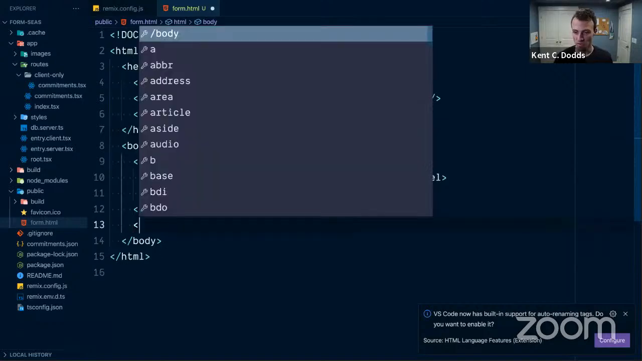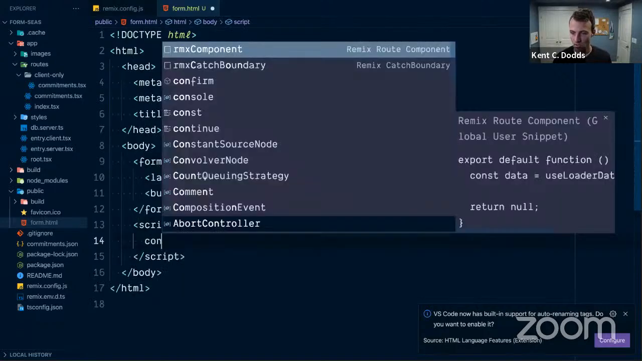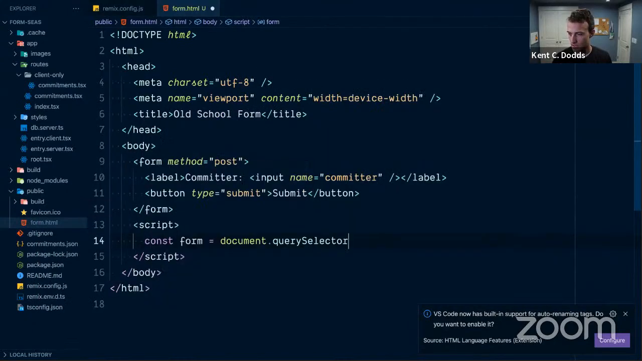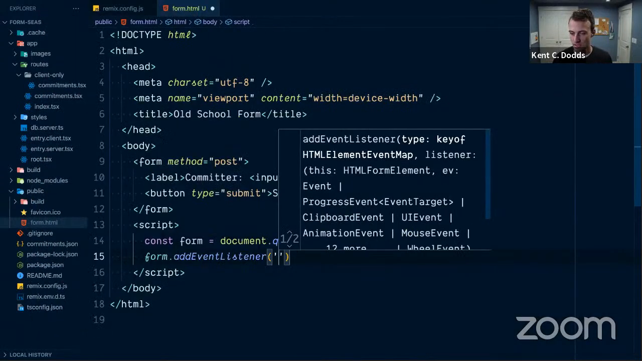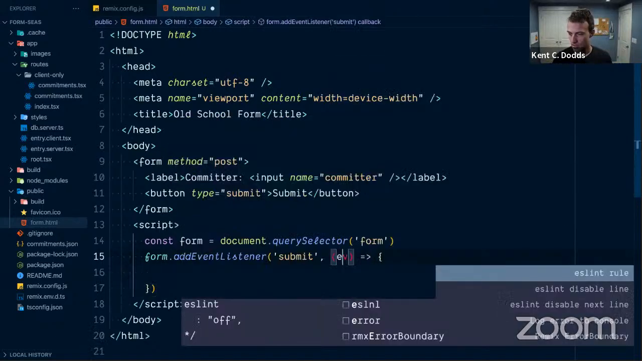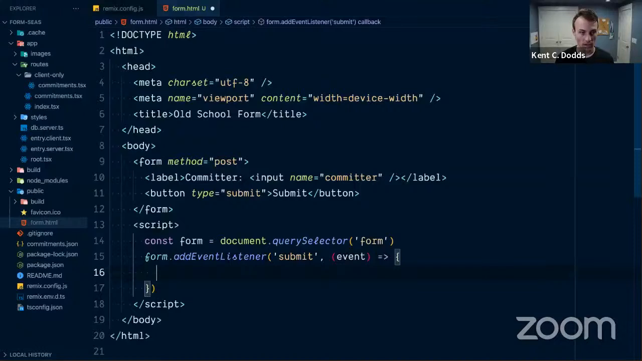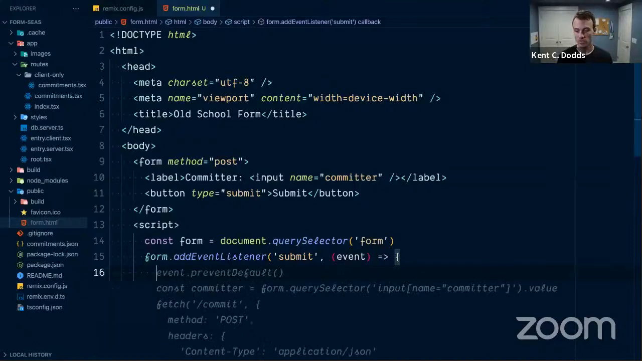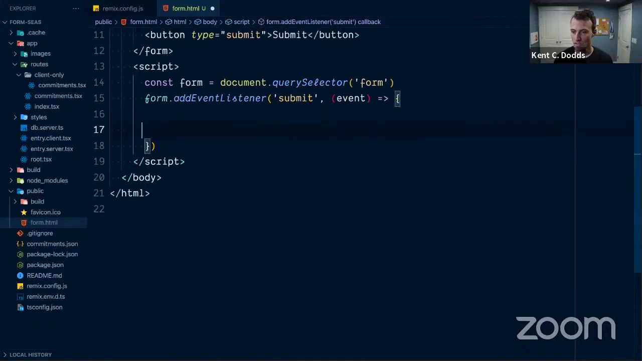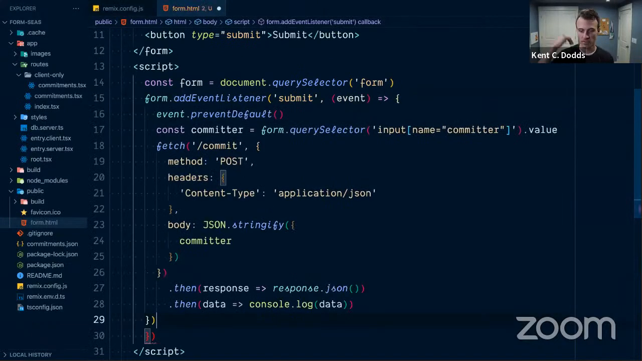So we're going to do a script tag. We'll get our form query selector for our form. And now form add event listener submit. And here's our event. And what we're effectively doing is we're saying, hey, I don't like the default behavior of the form. I think that default behavior is no good because you do the full page refresh. And so what I'm going to do is I'll just let